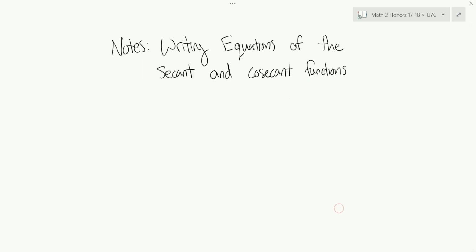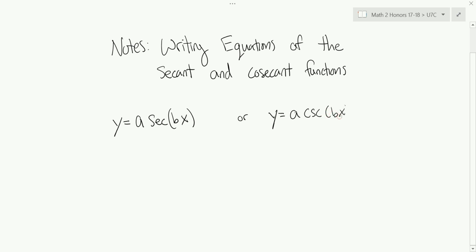Okay. The forms of the functions that we're looking at. If it's a secant function, it'll be in this form: y equals a times the secant of bx. Or if we're looking at a cosecant function, it'd be y equals a times the cosecant of bx,